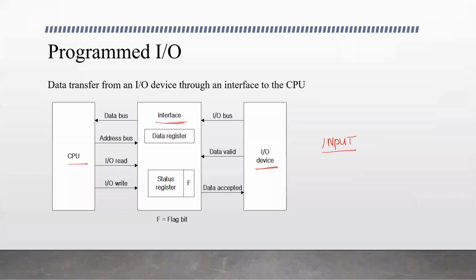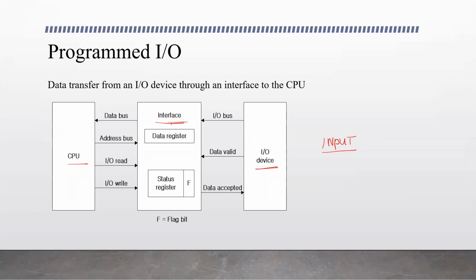So the IO device loads the data in the bus, and it also initiates the data valid signal. What for is the signal initiated? To inform the CPU, the receiver or the interface that is in the middle, that there is data available in the IO bus. It places the data in the IO bus and it enables this signal, data valid control. It's a control signal enabled by the input device. The source is the IO device here.